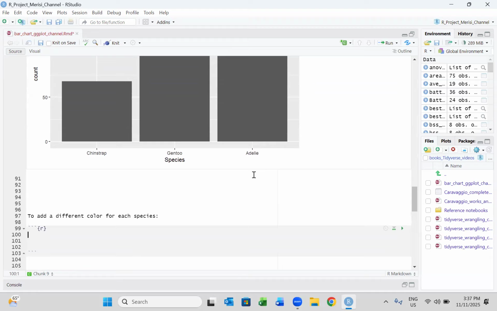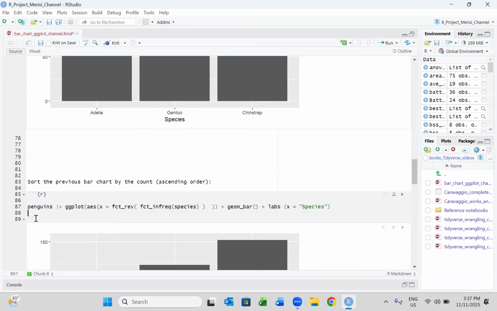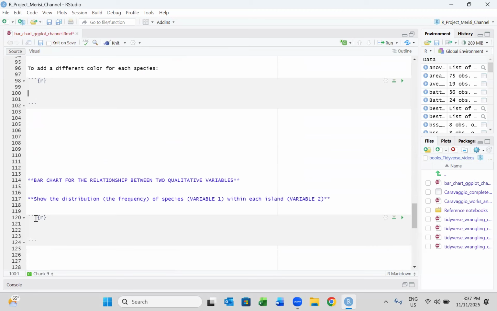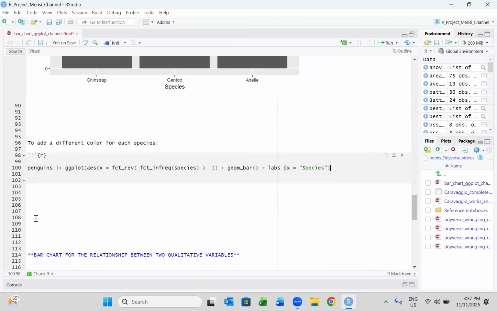And actually, to do that, we can kind of copy this same piece of code, and we just need to add one more thing, okay? We just need to add one more thing right there, okay? And what we need to do is map the species column to the colors of the bars, right? Well, we need to map, as I said, the color property to the species, okay? And we do that inside the